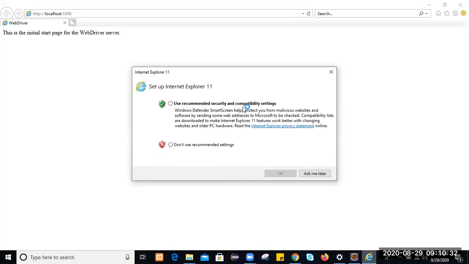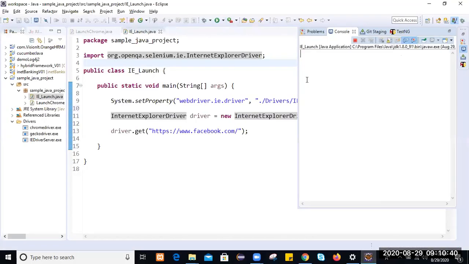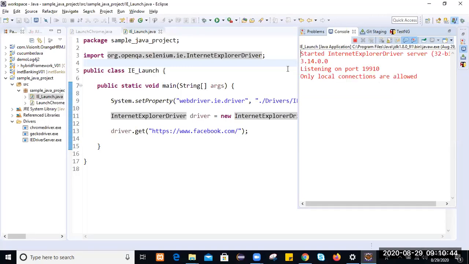First time you will get a prompt like this. Let me close it and run once again. It has launched. So first time it will take a local connection and then navigate to the Facebook page.